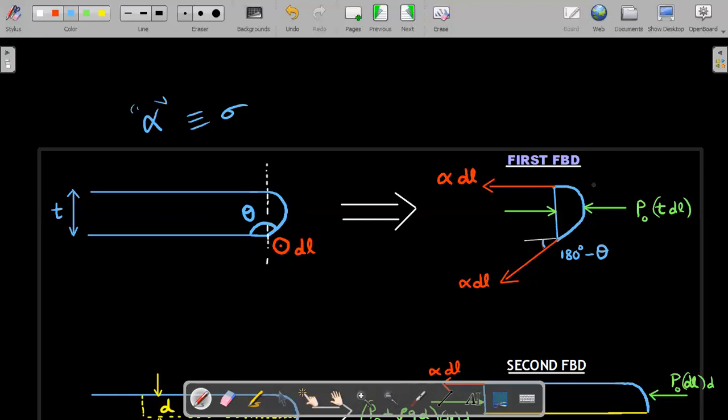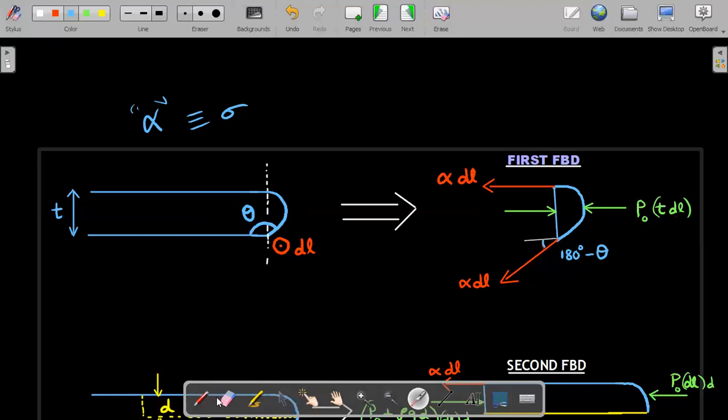Apart from that, these blue forces, let's try to understand what are these blue forces. These blue forces are thrust forces. From atmosphere, there would be a thrust force of P atmosphere, which I depicted as P naught, multiplied by the projection area on this side. This projection area would be same as this projection area. Remember, this one looks like a line in your vision, but there is a DL depth to it. Therefore, this is a rectangular area of thickness T into depth DL. So the projection area is length into breadth, which is thickness into DL. Same thing on this side.